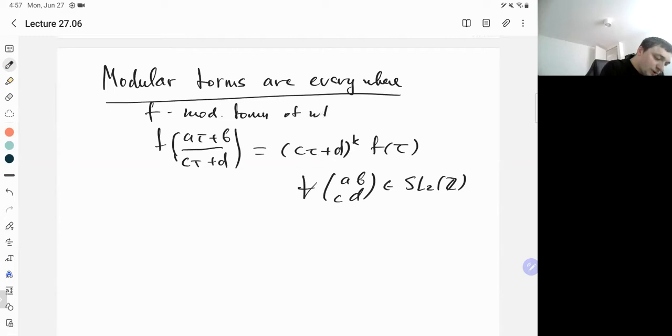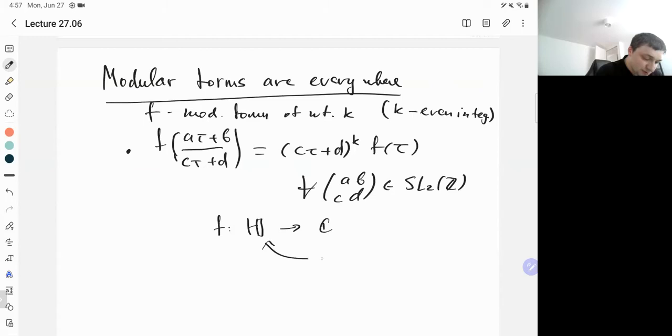of weight k, and k will always be an even integer, except when I will cheat, and then we will sometimes have things which even have non-integral weight. But for now, just think of k as an even integer, and a modular form is a function that satisfies this transformation property for all matrices in SL2Z. So you think of f is a function on the upper half plane